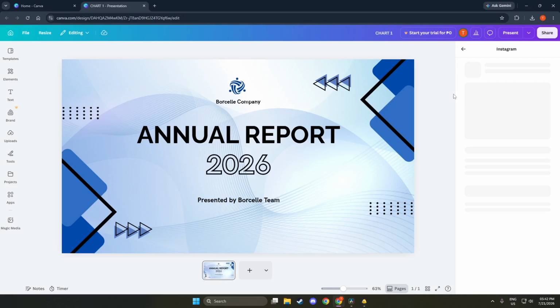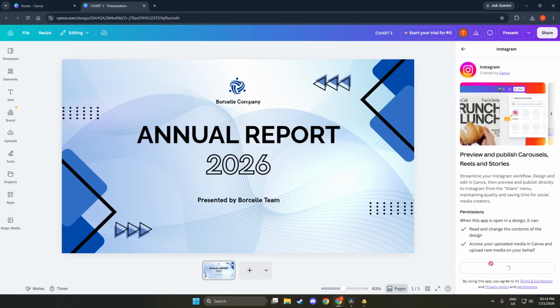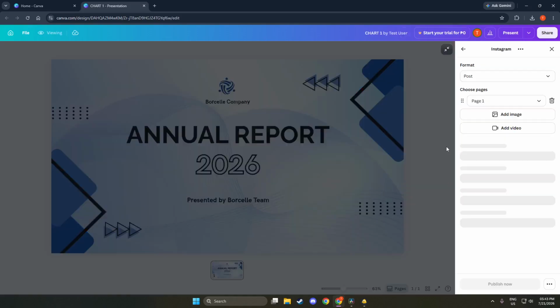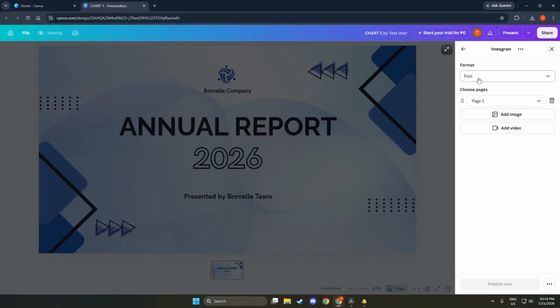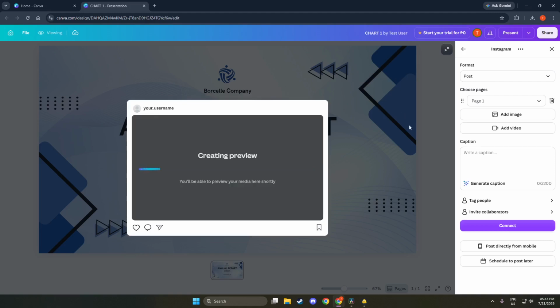From there, select the More option from the drop-down menu. This is where you will find additional sharing options that are not immediately visible. By clicking on More, you will be able to see a list of services that can be linked to your Canva account. This step is important as it gives you access to a wider range of sharing tools, allowing you to connect with different platforms seamlessly.